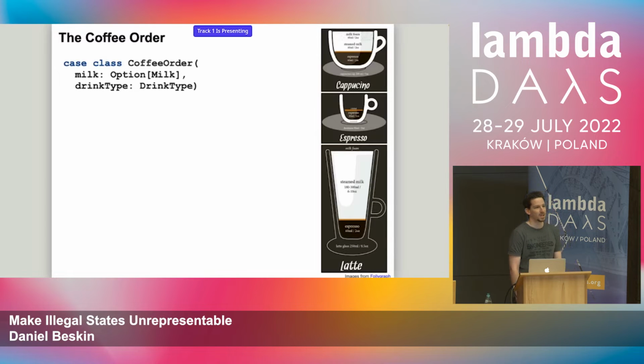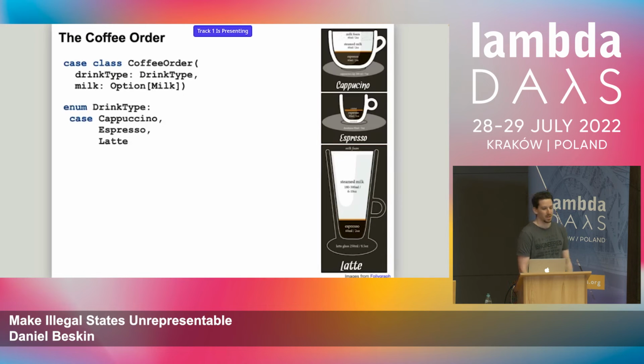So in order to make it easier to figure out what's going on, we're going to add another enumeration, the drink type, which will actually tell us what kind of order we are dealing with here. And so we have 3 cases for cappuccino, espresso, and latte. And that's a nice way to future-proof ourselves from future drinks that we might want to add, because now we could easily add them to our enumeration. So that's a nice bonus.